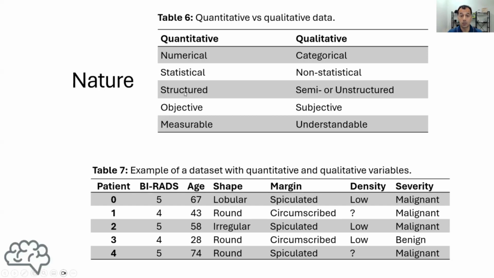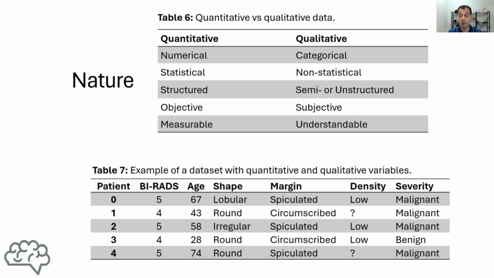They're also structured in the sense that we can create a data model to organize, to access, and to process this data. They are objective data in the sense that they have one specific meaning, which is represented by their values, and they are also measurable. In contrast, when we look at qualitative data, they are categorical in the sense that they